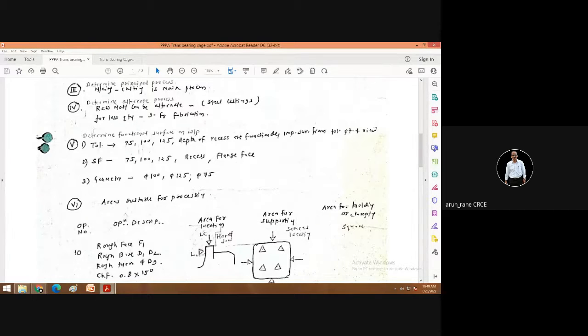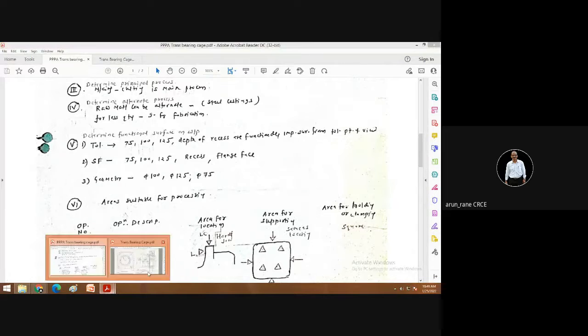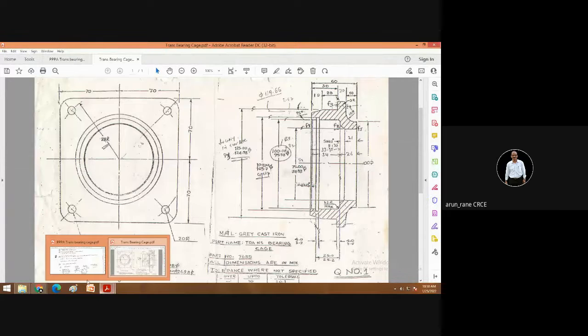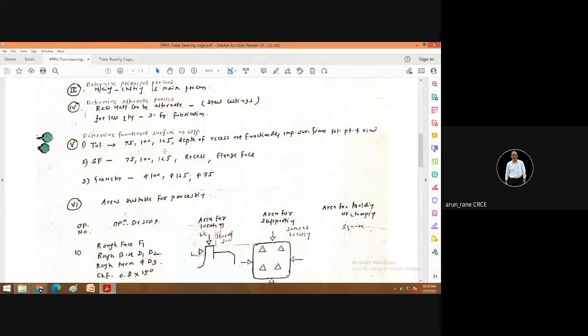Then geometry. Geometry means concentricity, perpendicularity, angularity, that is all. And these also we have seen. So geometrically these are important. Diameter 100, 125 and diameter 75, because it is given in the note clearly that bores 100 and 75 should be concentric with 125 within 0.05 total indicator reading. So that is also a functionally important surface. A functionally important surface is identified based on tolerance, based on surface finish, and based on geometry.